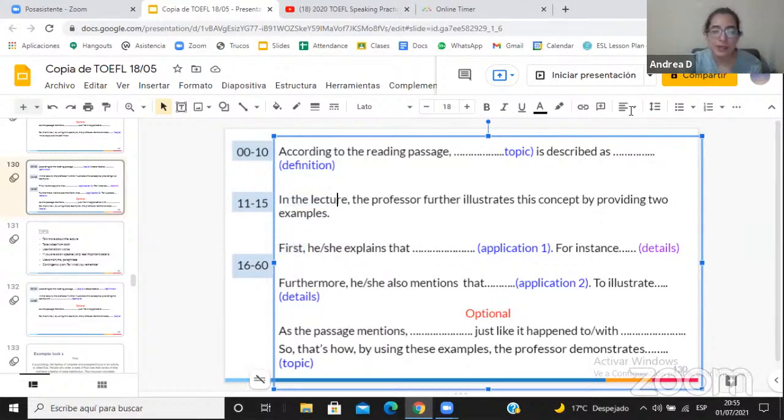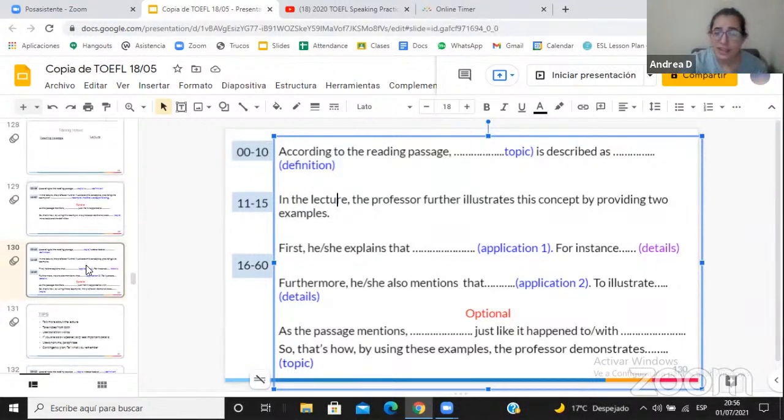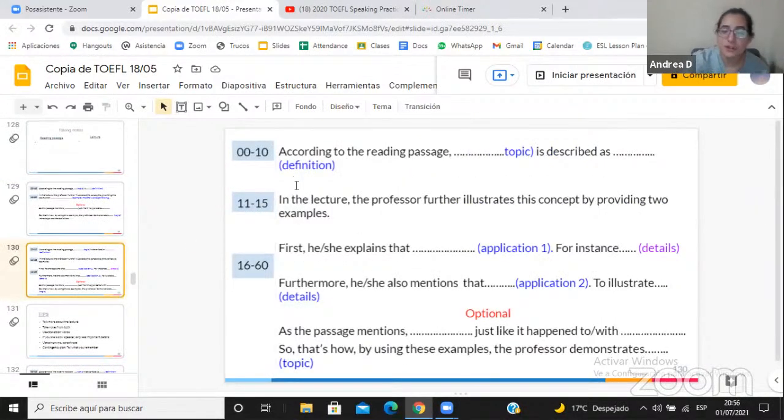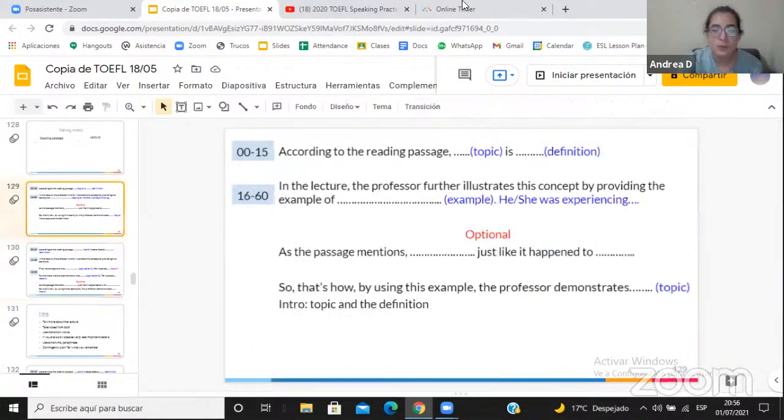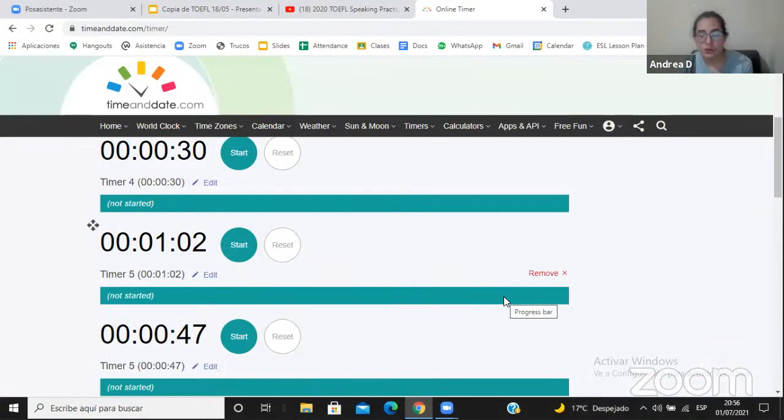Here's a tip. Instead of saying reading and listening, try to say passage and lecture. That's really going to make your vocabulary better. And the good thing is that we don't have personal examples, so we don't have to worry so much about making grammar mistakes with the tenses, you know? So that's also a pro. So is that okay? Any questions? I think David also is going to go. Okay. So David, you can go ahead now.